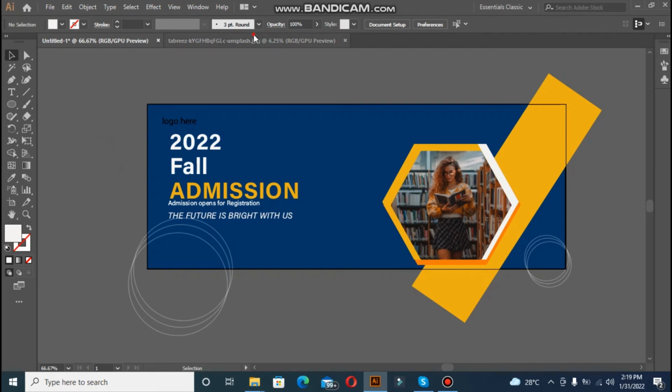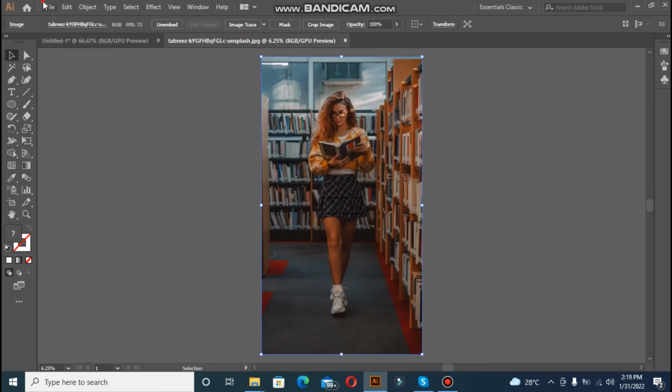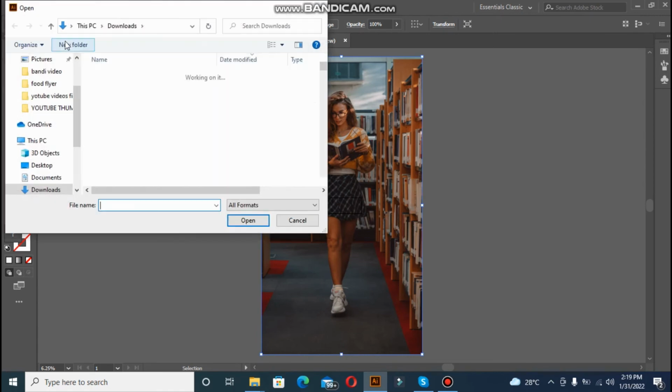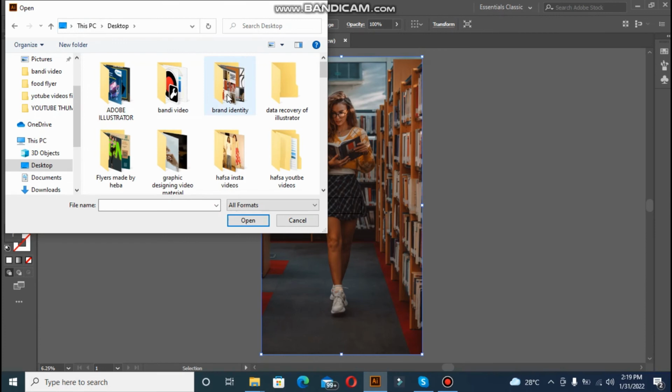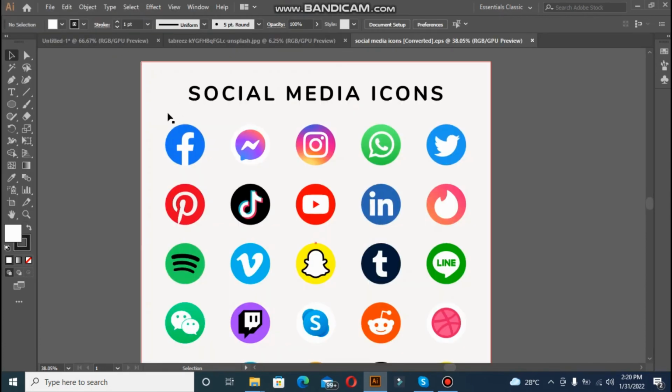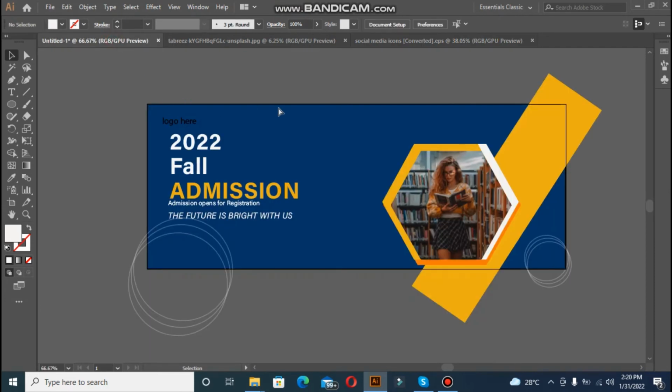I'm going to add social media icons, and then you can join our social media page as well. So where is, okay, this is our social media icons. You can find it easily online as well, and then select it. You can even change the color of this vector, and what we have to do for that, just take it like this and put it here and decrease the size of this icon like this,